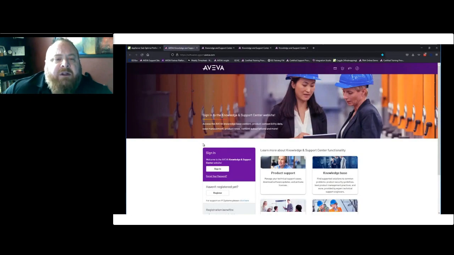So, the AVEVA support site. A lot of people don't realize this is a very powerful site that you can do a lot of different stuff with. You come here and you sign in and create an account if you're a valid customer first. But you could search the knowledge base. You can look for support tickets. You can see what's supported in terms of operating systems, Microsoft patches. There is a wealth of knowledge available on this website,